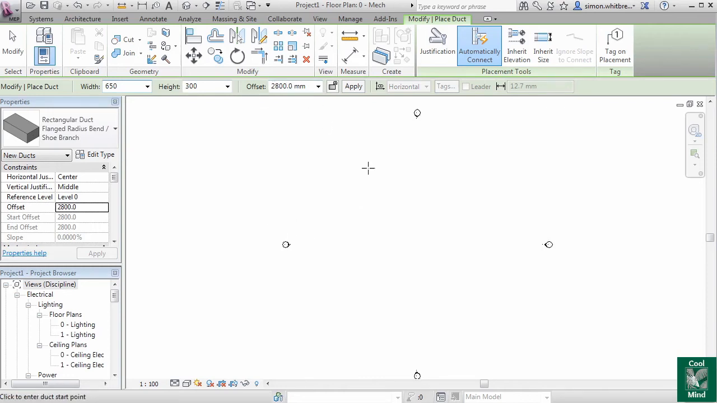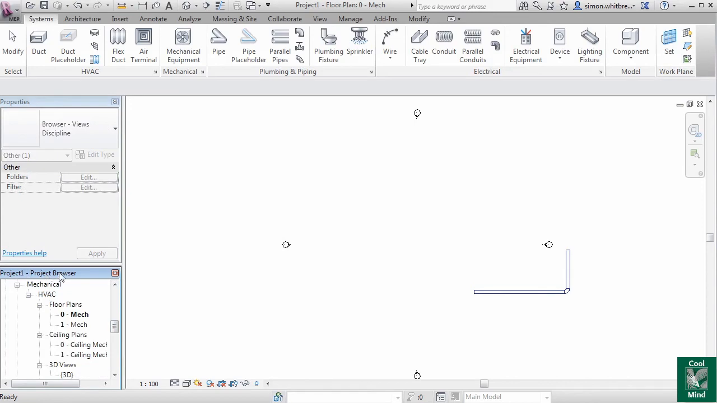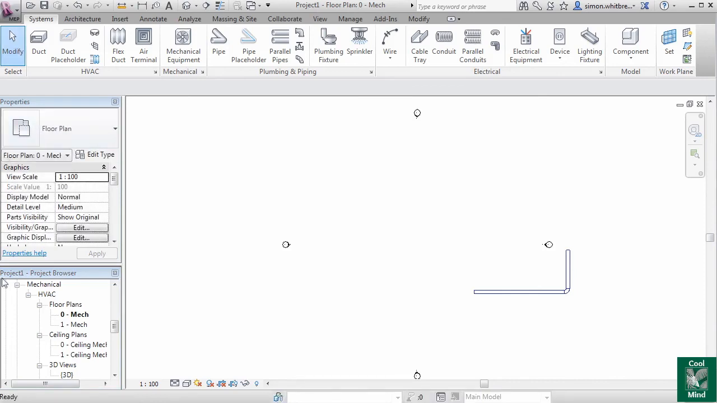Now, looking at the drawing area, currently we're in a floor plan. That plan is available to us in the project browser. The project browser is a list of views within the project. We then have the view control bar. This controls the scale, the level of detail, and other properties associated with our view. And finally, at the bottom of the screen, we have the status bar, work sharing, and design options. The more you use this program, the more familiar you will become with the interface